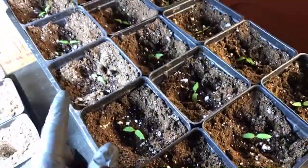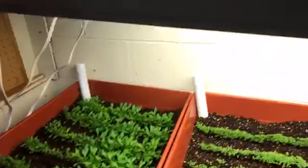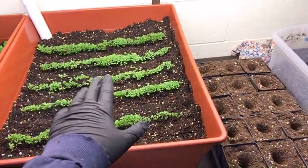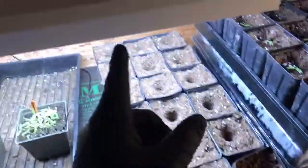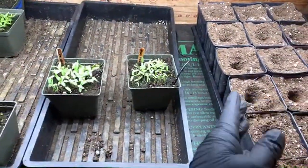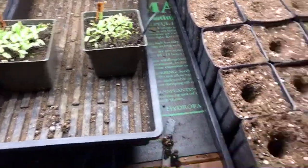This is the pink Brandywine. I did a full tray of those. But I think I got enough space on the lights, though this side won't be on a grow mat or a heat mat. I think I can get 4 trays if I orient them like this, so they're all getting light. And I think I can get 4 trays under this, so that'll be my 8 trays that I've gone. I'll probably keep them here for a couple days, and then once they are